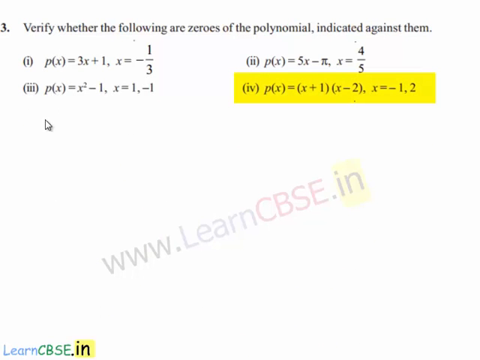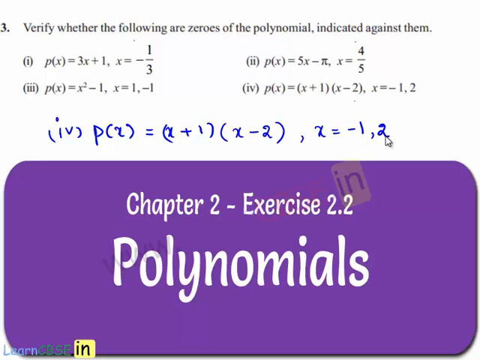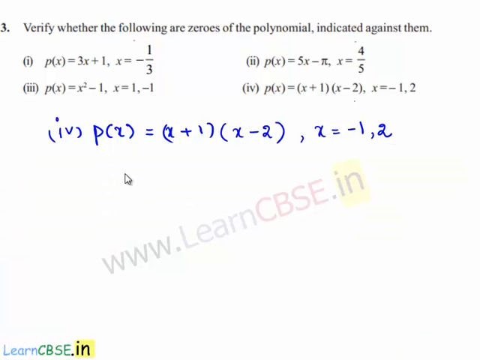Coming to the fourth bit, which is p of x is equal to x plus 1 multiplied by x minus 2. Given that x is equal to minus 1 and x is equal to 2. So let us first substitute minus 1 in the place of x. That becomes